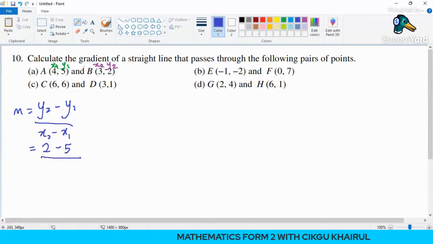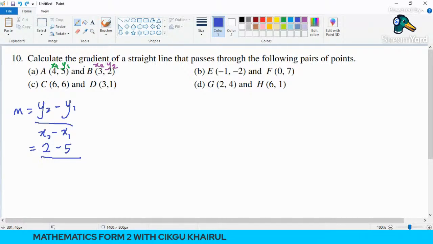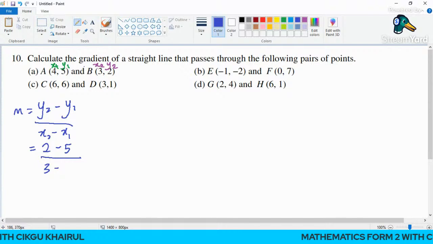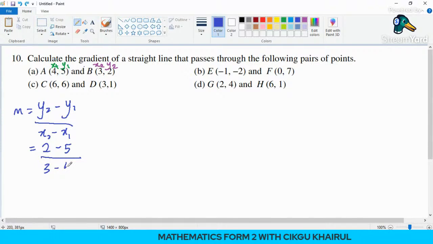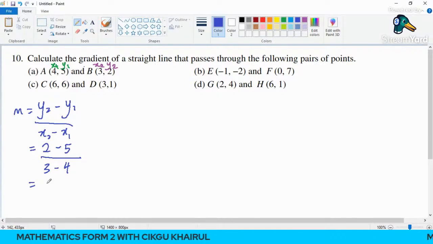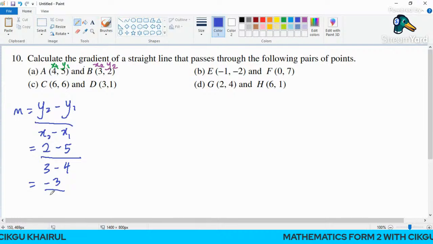Divide with x2. This is x2. X2 is 3. Minus x1. This is x1. X1 is 4. Okay, so 2 minus 5 is negative 3. And 3 minus 4 is negative 1. And don't forget,